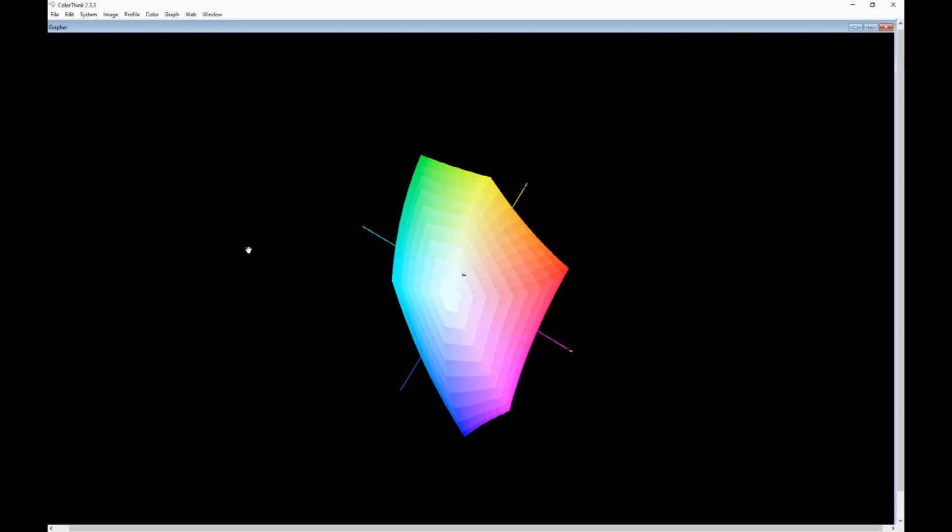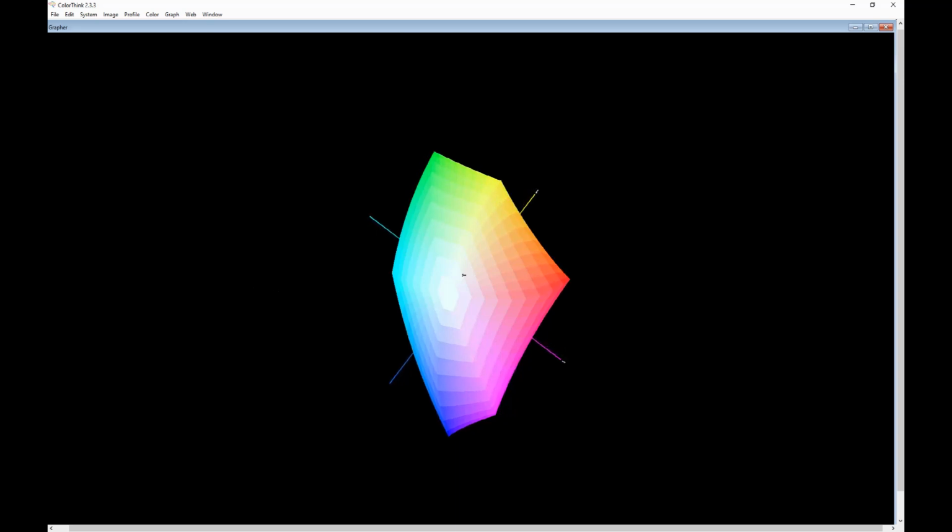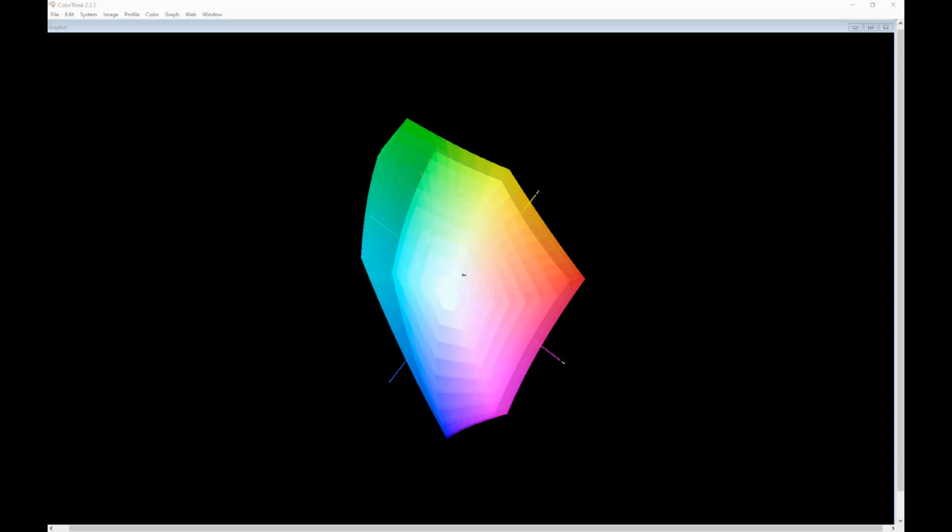And it's really only suitable as a working space for things that are going to be displayed on the web. And even then, a lot of the better quality monitors out there are capable of displaying a wider range of colors. So moving up from sRGB, let's have a look at Adobe RGB, which is another color space, and